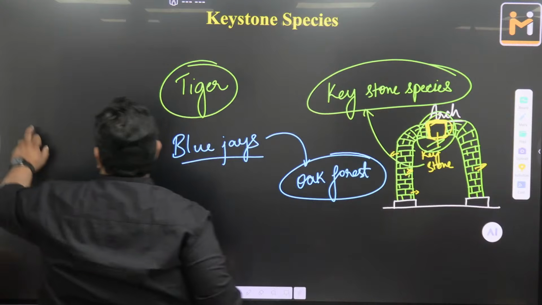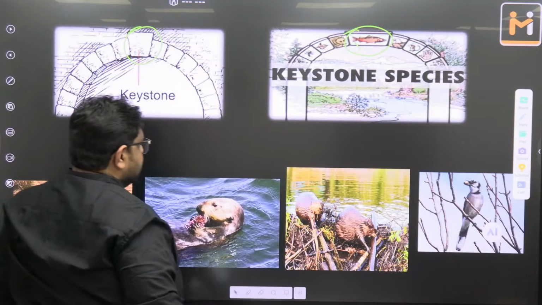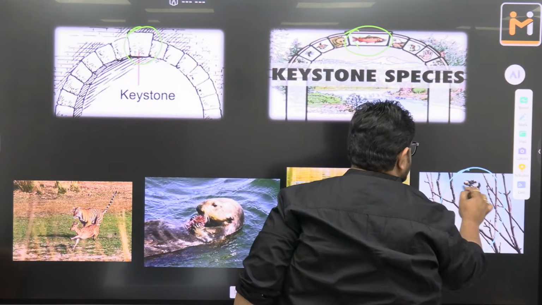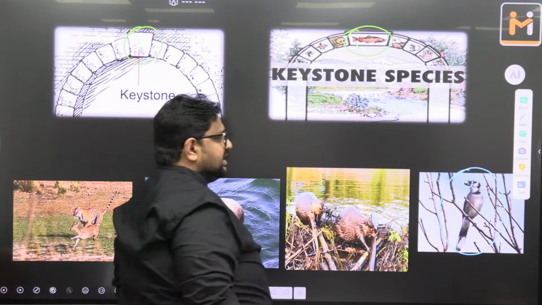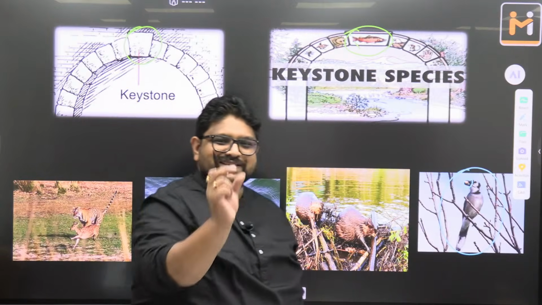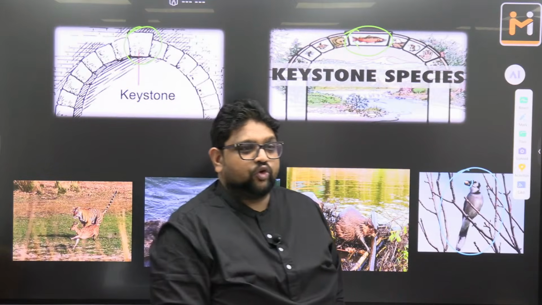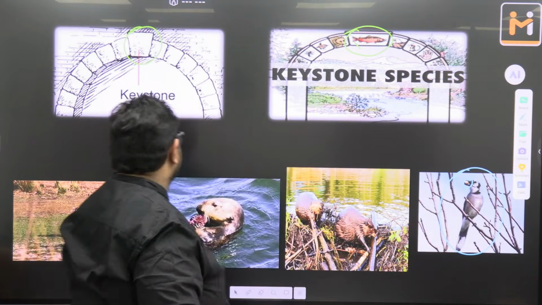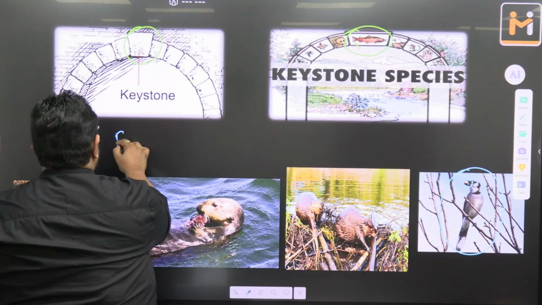You can see the bird here, this is the blue jay. What it is holding in its mouth is a seed of the oak tree. For any forest to regenerate, so when you say regeneration,